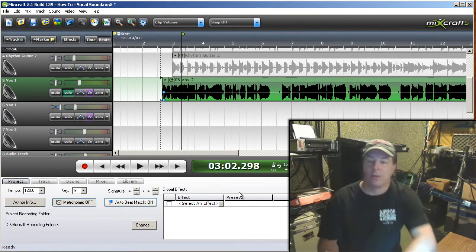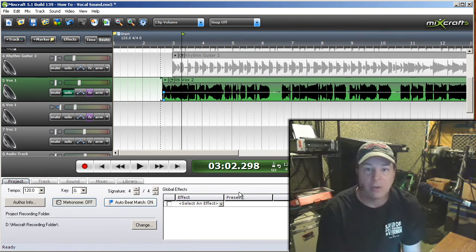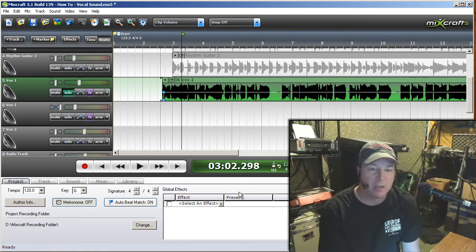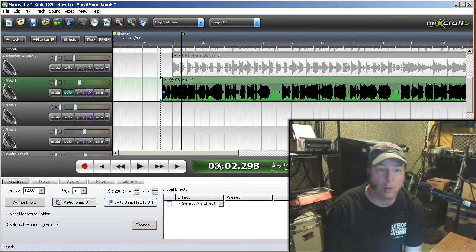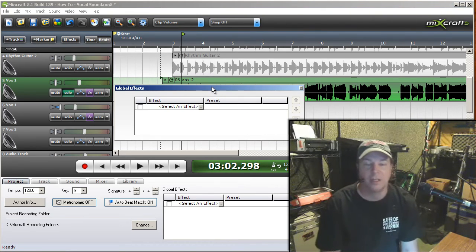And that should get you going with a decent vocal sound. You may need to tweak some EQing depending on your microphone, add more or less reverb, different effects, things like that. And also what's going to make a big factor in your complete sound and how the vocals stand on top of the rest of the music is putting a compressor, a multi-band compressor, on the global effects, which would be a mastering technique. And that will take the entire song and compress it to where the vocals stand out